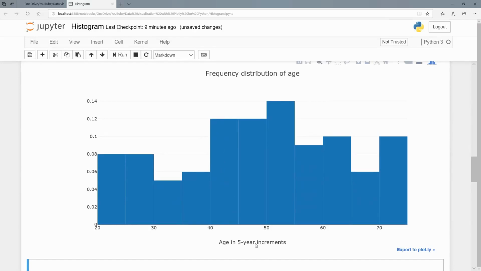I have age in 5-year increments here at the bottom, but most notably you'll see now this is normalized. So the area under this curve, which is the area of this rectangle and this rectangle and this rectangle and this rectangle, is going to sum up to be 1. These bins are mutually exclusive but collectively exhaustive, so they are all here, and the area under this stepwise curve is going to be 1. So it's a frequency distribution. So if I want to get how many there are, this increment is 5 times 0.08 to get to